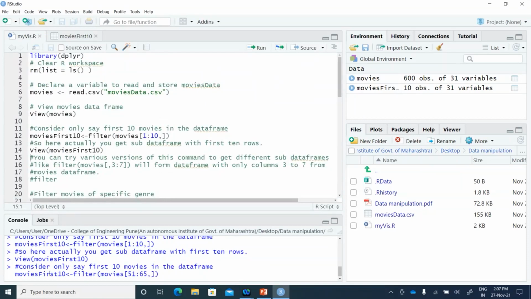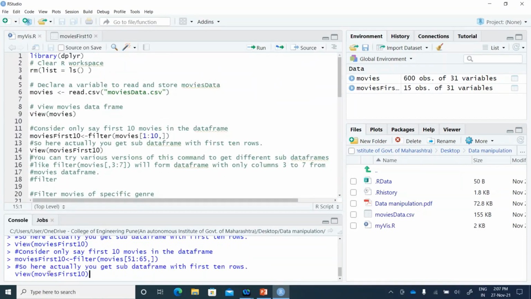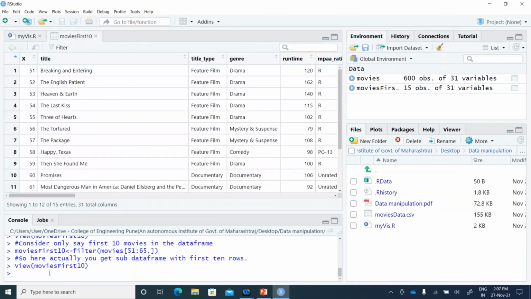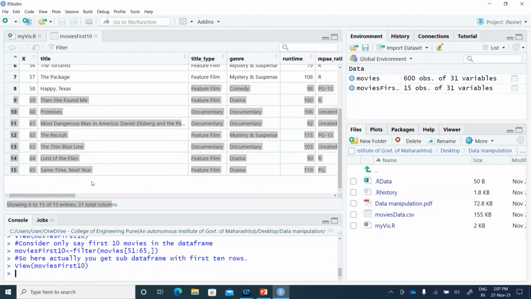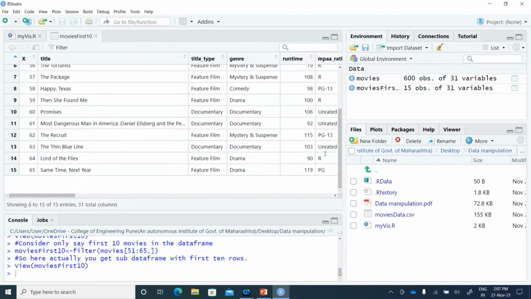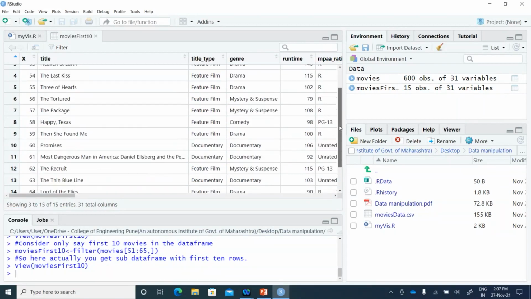Let me just set the name as it is. Movies first 10 won't make much difference. But yes, if you can see here, I have given the numbers 51 to 65, and movies with serial numbers 51 to 65 have now been listed.